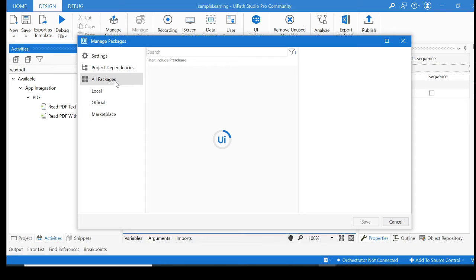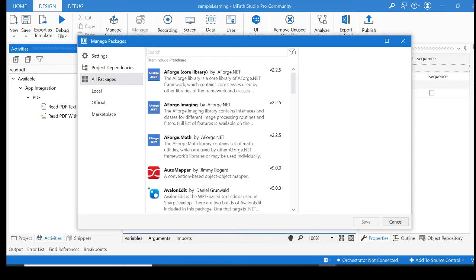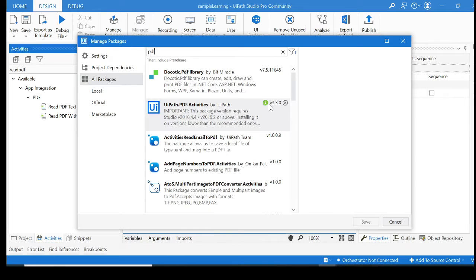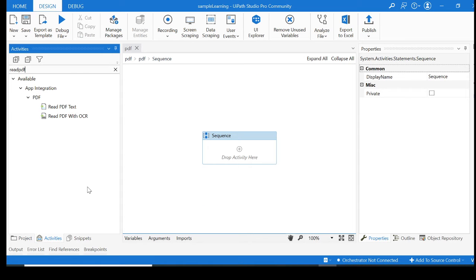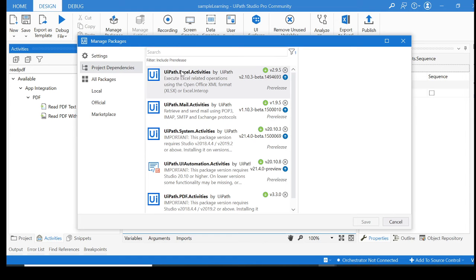Over here you can go to all packages and search for whatever dependencies you're trying to find. When I was practicing, PDF was not there, so I had to search for PDF and install it. Now it is installed in my system, so I can find the activities for that. But if it's not there for you, you can always go to manage packages, search for PDF, and it will download it for you.